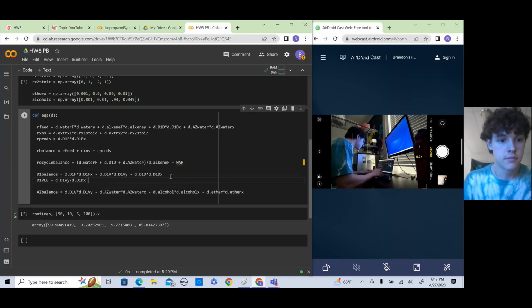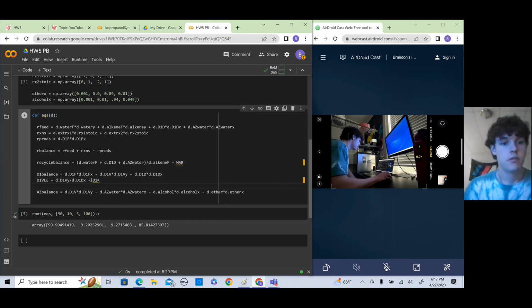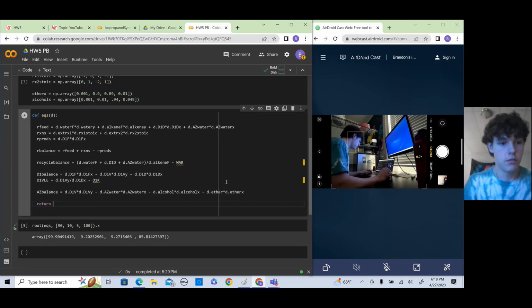x, minus our D1K, because we want this to be equal to that, and when it resolves to the root, we just have to subtract it to make it equal 0. Then we can return what we want. So we will return, and we'll